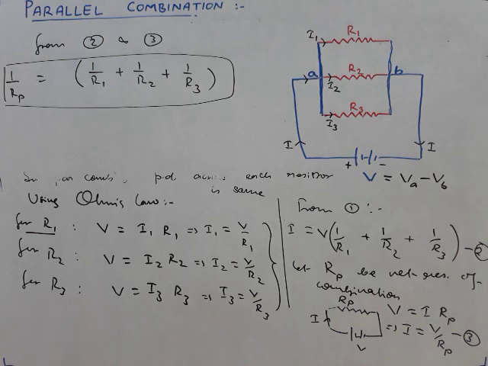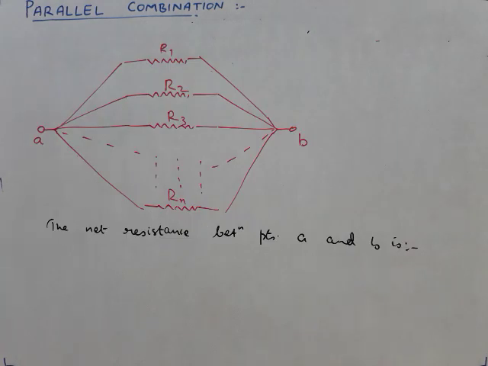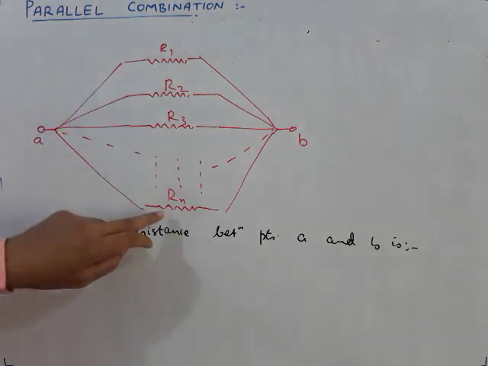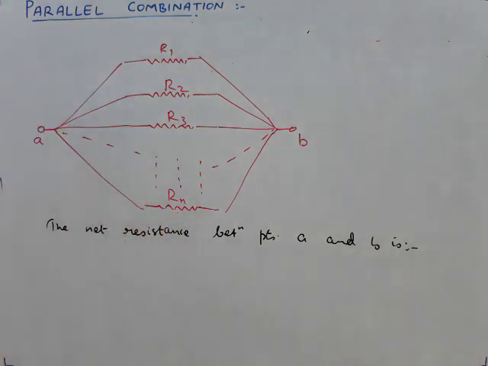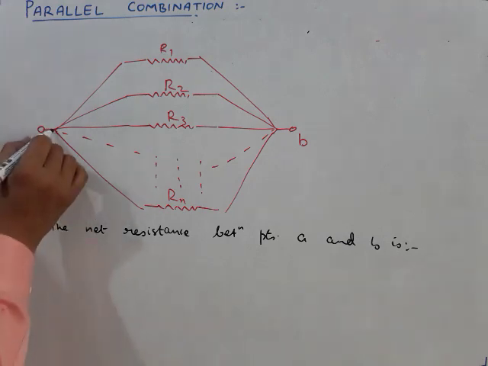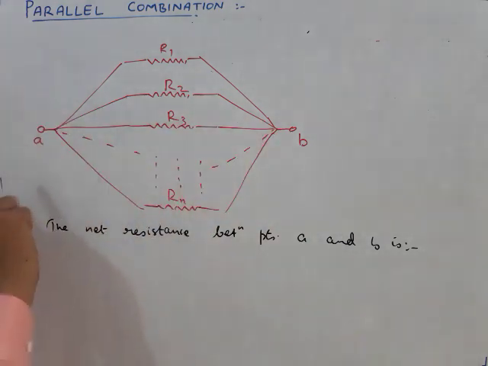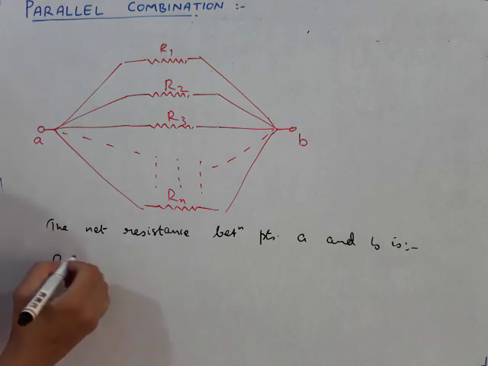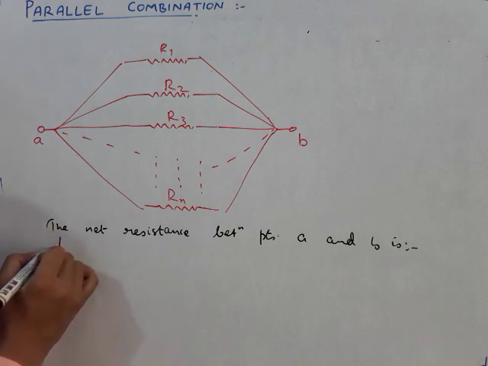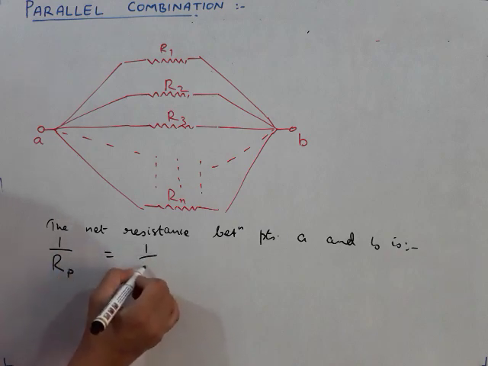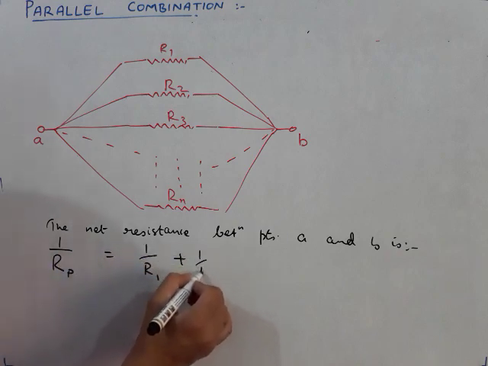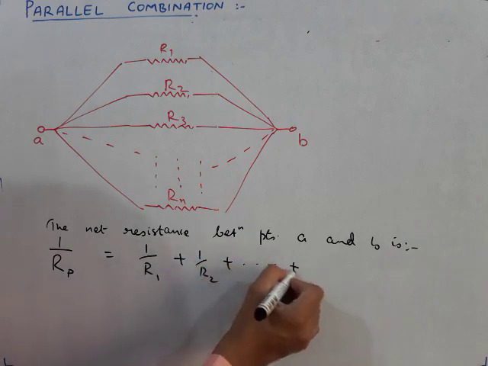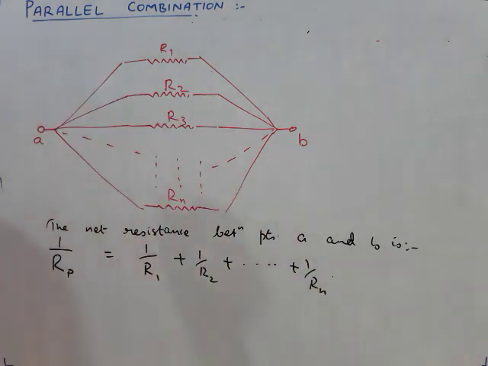So let's see that. If you have n resistors R1, R2, R3, and so on till Rn connected in parallel, then for this combination the net resistance between their combined ends, common ends, that is A and B, will be given as Rp. Suppose Rp is the net resistance. Then how do you find this? Reciprocal of this will be the sum of reciprocals of the individual resistances, 1 by R1, 1 by R2 up till 1 by Rn. So let's do a simple question based on this.